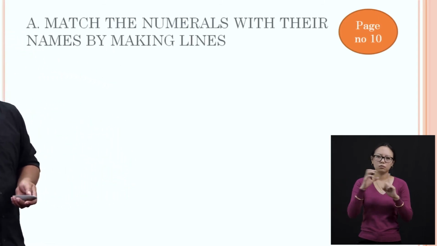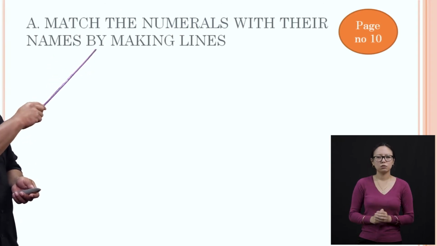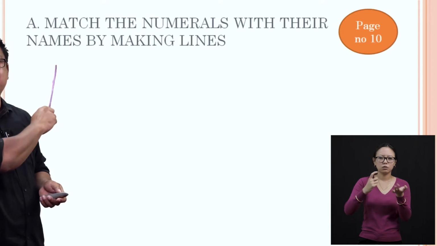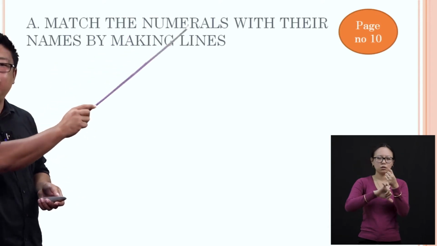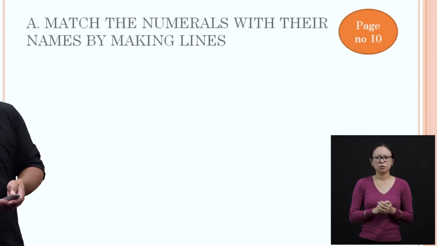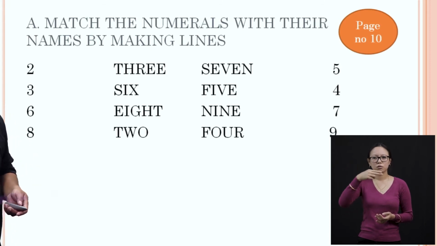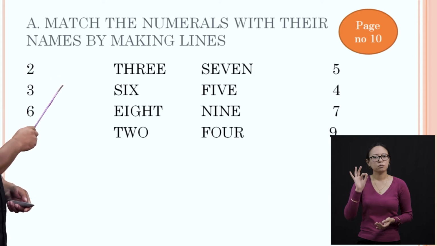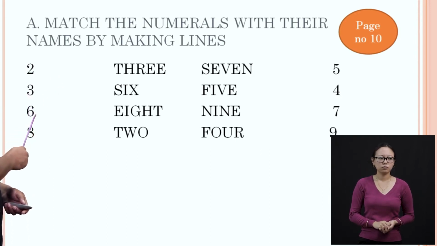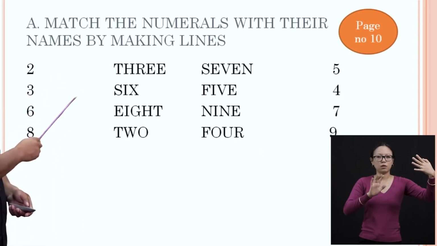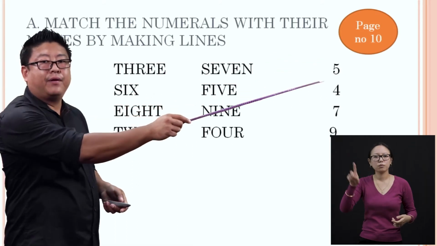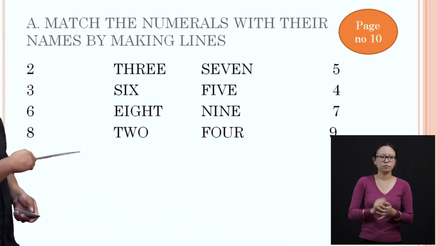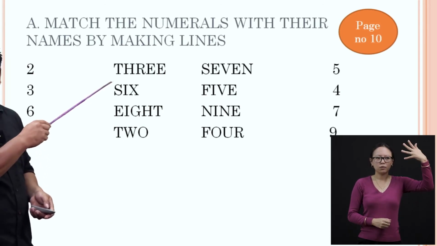The question here is match the numerals with their names by making lines. All right. So the question will look like this. These numbers 2, 3, 6, 8, and then 5, 4, 7, 9. These numbers are your numerals, and